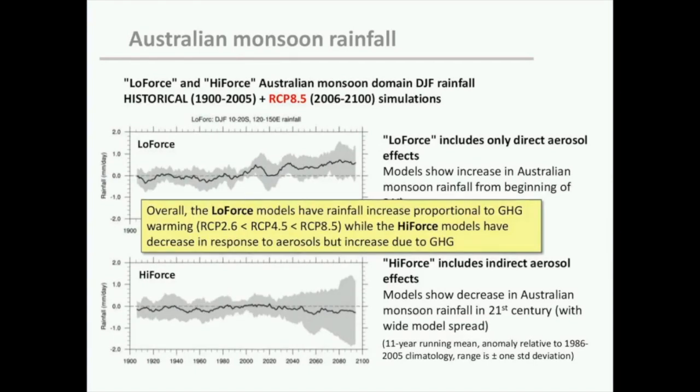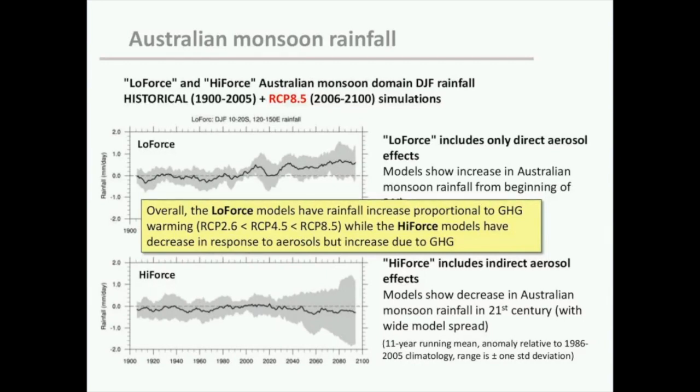And finally, when we look at our high emissions case, now we can pretty clearly see the low force models are responding to warming as the greenhouse gas forcing is greater, with an increase in rainfall here. Whereas the high force models are still showing a multi-model mean drying, although with quite a large model spread. So the models without indirect effects, the low force models, really just have an increase in rainfall following the amount